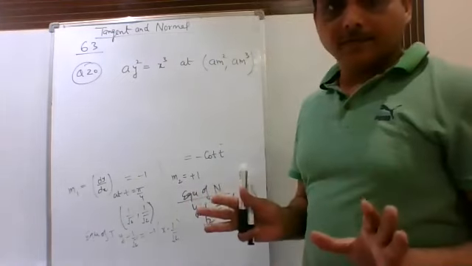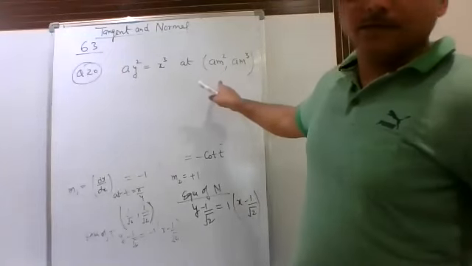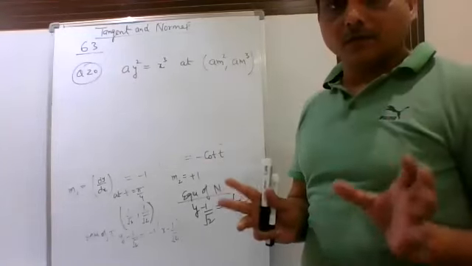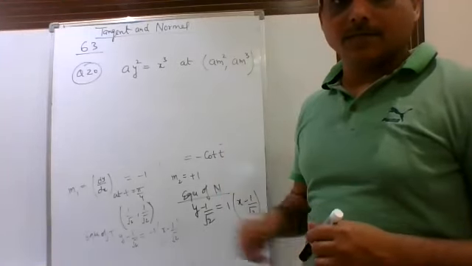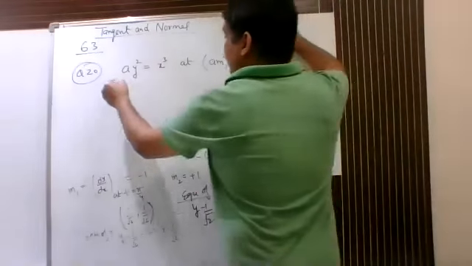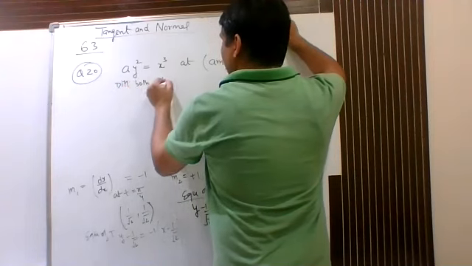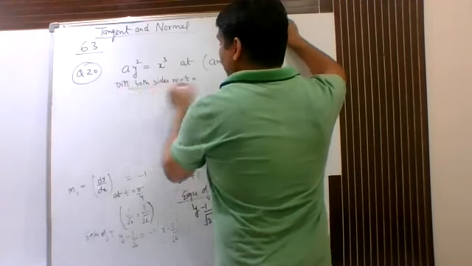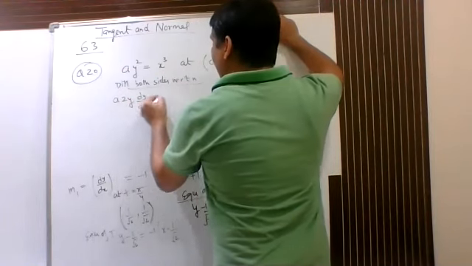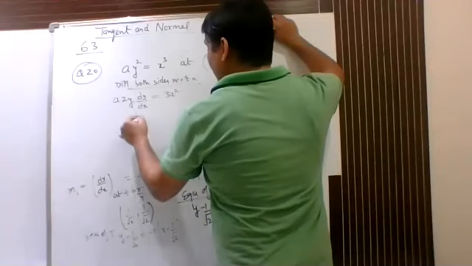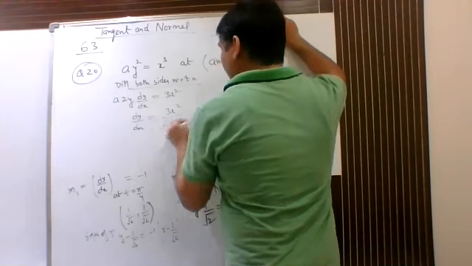So here this curve is given. We want to find the equation of the normal at this point. So first of all, you will take derivative on both the sides for this curve. So differentiate both the sides with respect to x. You can see that it is an implicit function. So 2y then dy upon dx is equal to 3x square. So dy upon dx can be written as 3x square upon 2ay.